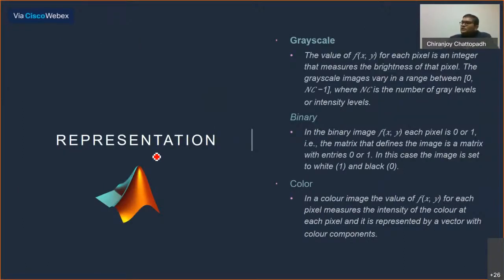So I was talking about this representation, and precisely I think the question was, how do we represent that? I will switch to a different window. Essentially, there are three types of representation that we have when we talk about an image. There are these color images which we usually see. There are various color models: RGB, red, green, blue, or hue saturation value, HSV. You might have seen in your printer, cyan, magenta, yellow, black, CMYK representation. So there are many such